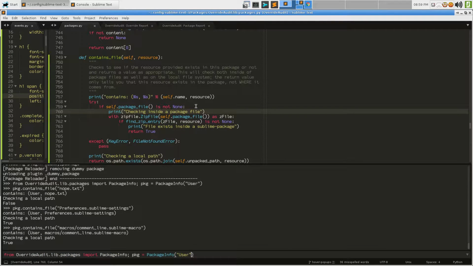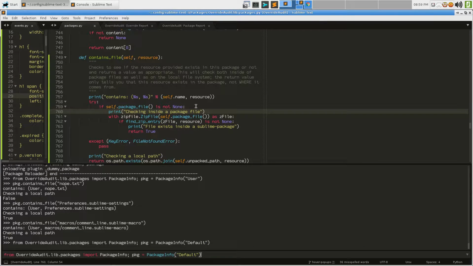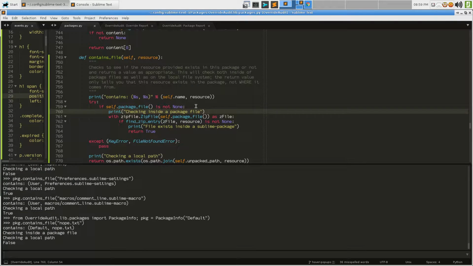Now we're going to come over here and say default. Now, does default contain nope.txt? It checked inside a package file. It checked a local path. It still said no. I probably should have used test package for this now that I think about it,